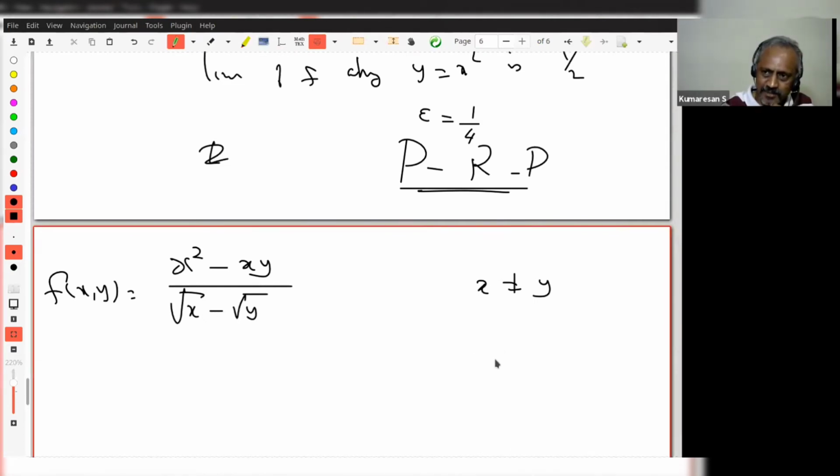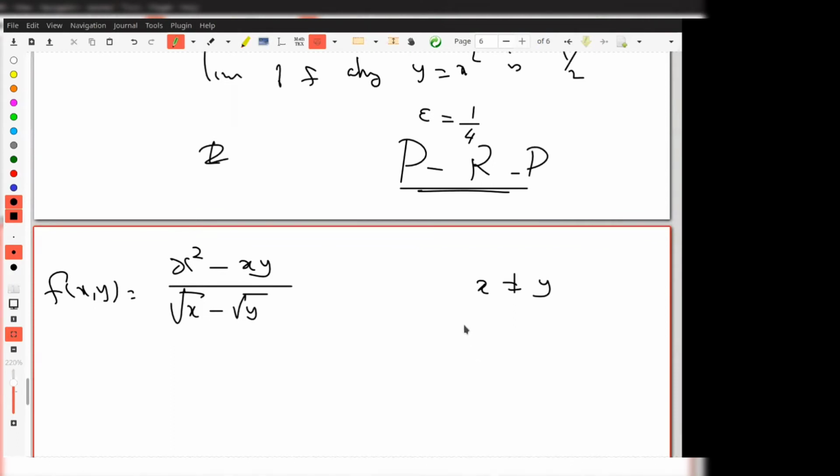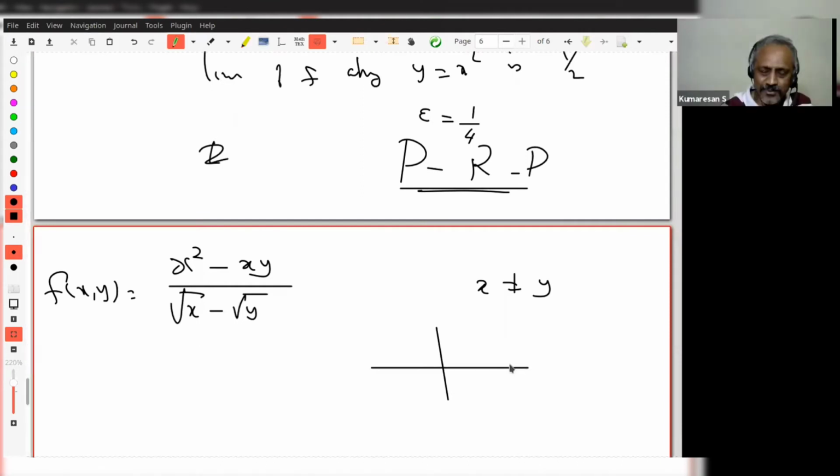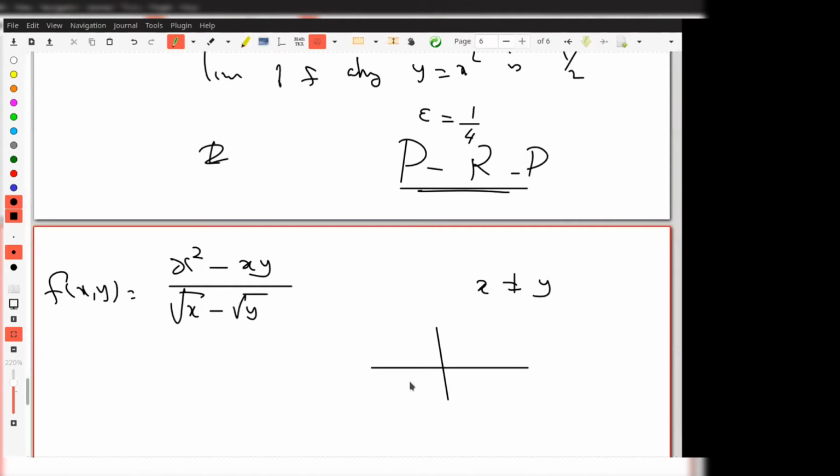Then only I can talk of the square root, right? So what does that mean? Where is this function defined then? Remember, it's a function of two variables, so it is not the positive real number line. In R squared, you have to tell me the domain of the function. X and Y belong to the first quadrant of R squared, with the condition that X and Y must not be equal and X and Y should be greater than 0.